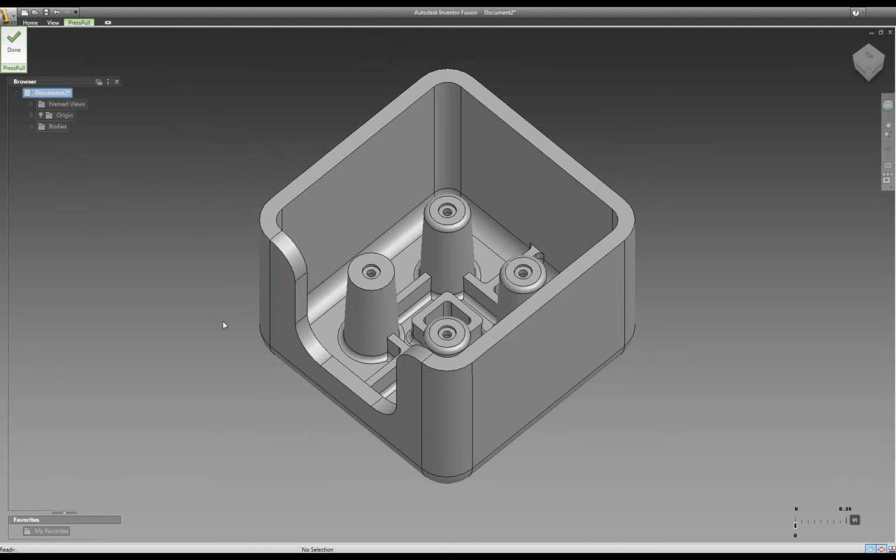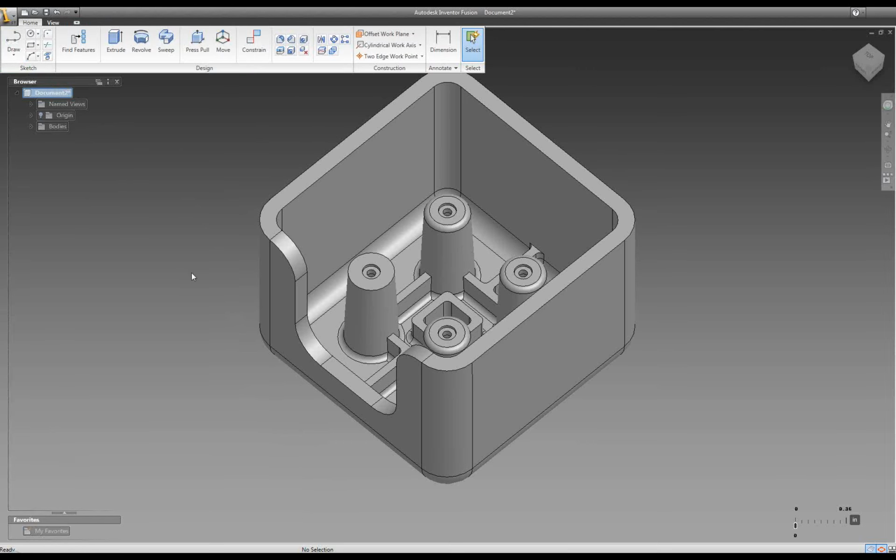For flow analysis, we may want to put specific details in, like flow leaders. But by doing this, this now gives us the capability of not only modifying the part and simplifying the geometry, but also creating alternatives to the geometry that we may not have been able to do in the past. So by having some of this capability built into the technology, we can get very specific with the things that